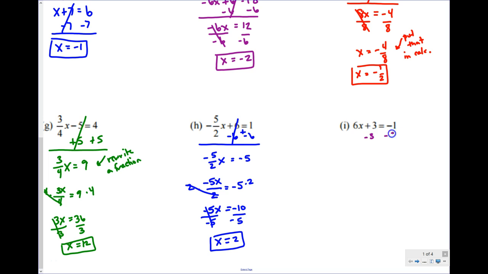Okay? And finally, letter I. Subtract 3 from both sides, and I get 6x equals, put a plus sign here, negative 1 plus negative 3 is a negative 4. Divide both sides by 6, and x equals